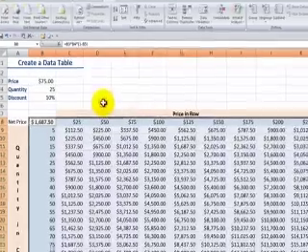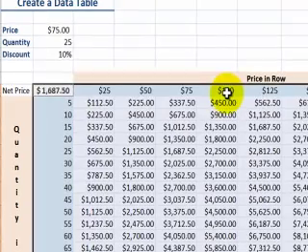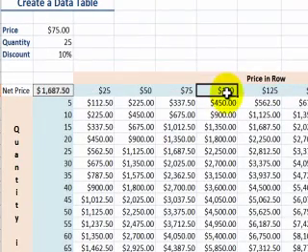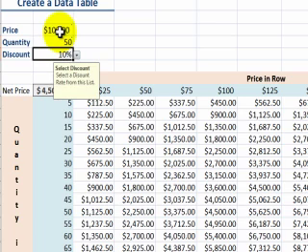Ready? Here we go. Now, there are the results. So at any time, I want to say at $100.50, what is my net price? I just find it right there, $4,500. I could have come to that same result by changing up here $100 for the price and $50 for the